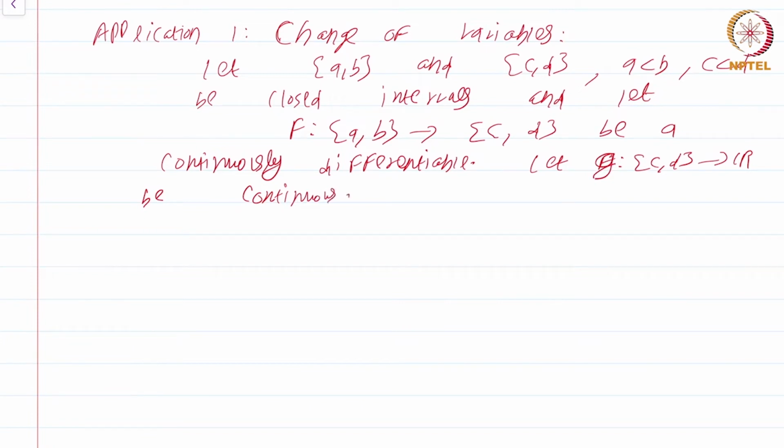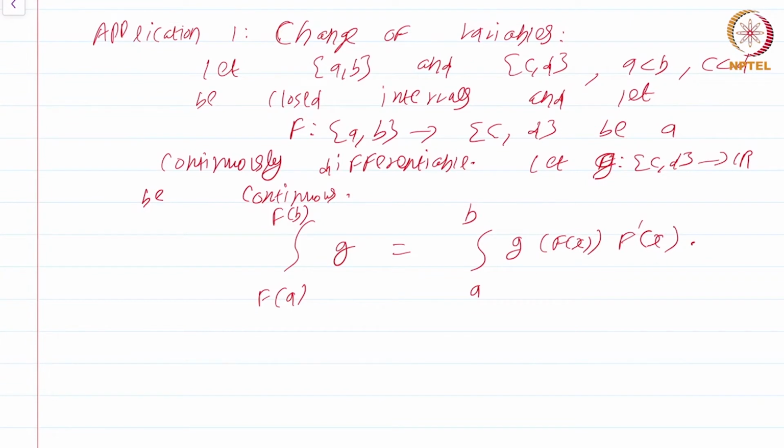Now the question that this change of variables seeks to answer is: integral f of a to f of b of g, what is this going to be? Note, there is no necessity for f of a to be less than f of b. It could be the case that f of b is actually less than f of a. That's why I had to make the definition that I just made before I started with this application. So integral f of a to f of b of g, as you all know, is nothing but integral a to b of g of f of x times f prime of x.